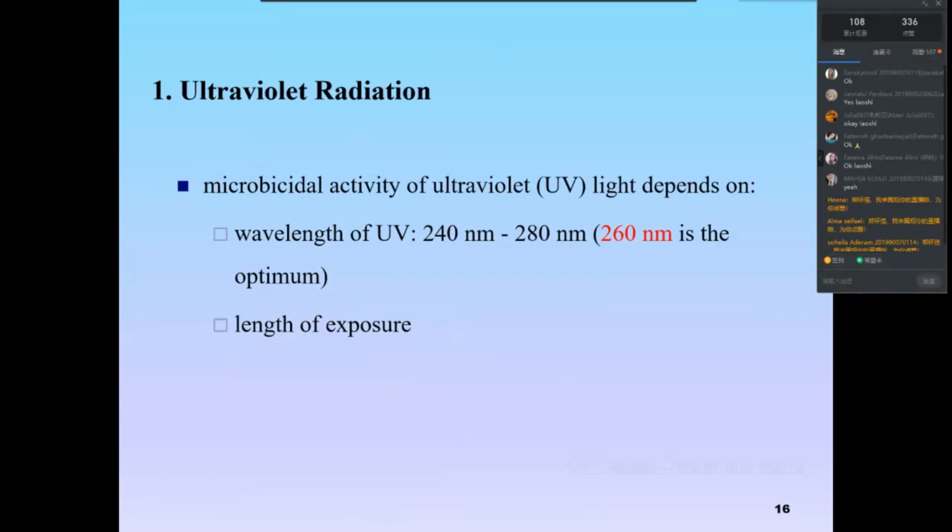And in the lab, usually, especially some old labs, they will install a UV light, and sometimes they turn on the UV light to kill microorganisms on the surface. But sometimes when people are not careful enough, they don't notice that the UV light is on. They enter the room and work there for some time, and that can cause damage to your skin or your eyes, to the mucosal area.